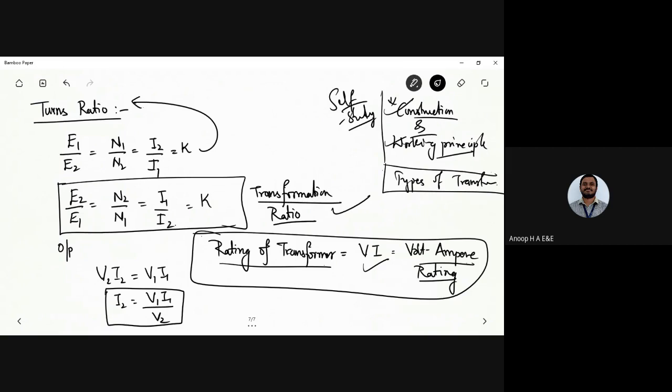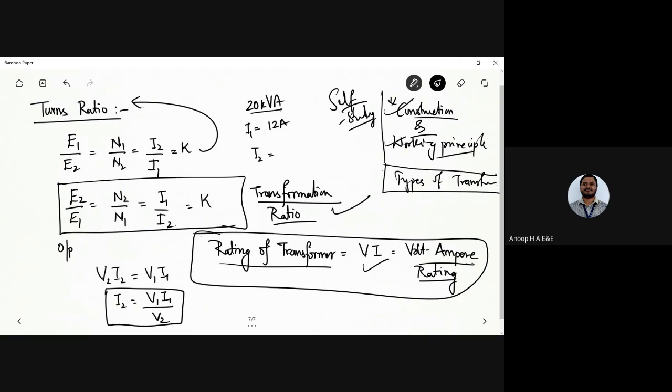So you can find out any values of voltage or the current in the primary or secondary. Certain things are known to you, like a 20 kVA transformer. The current I1 is the primary winding current. I1 and I2 are called the full load values of the current. Say I1 is 12 amperes; then you can find out I2.